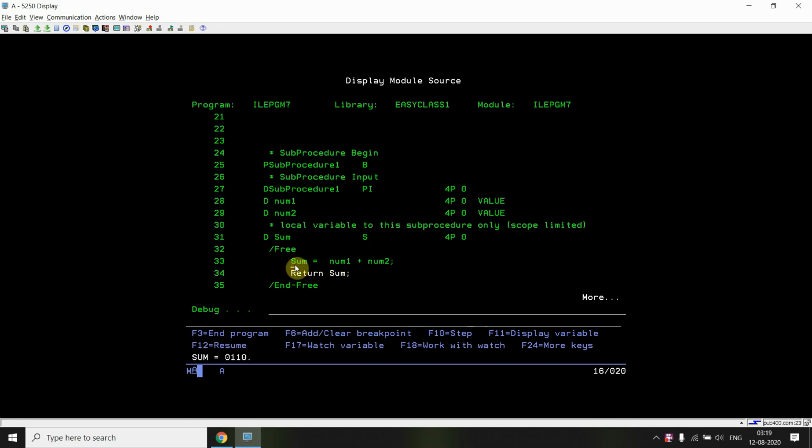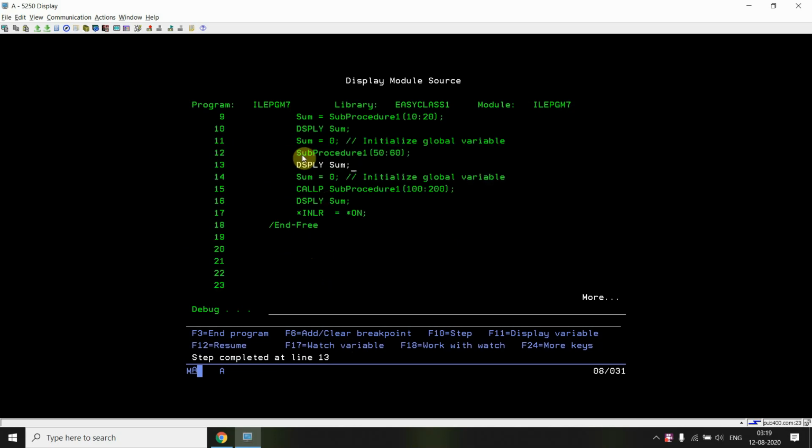Now the sum is 110, but this sum variable is local to this sub procedure only, so we don't have access to its value outside this procedure. It returns that value using the return sum line.